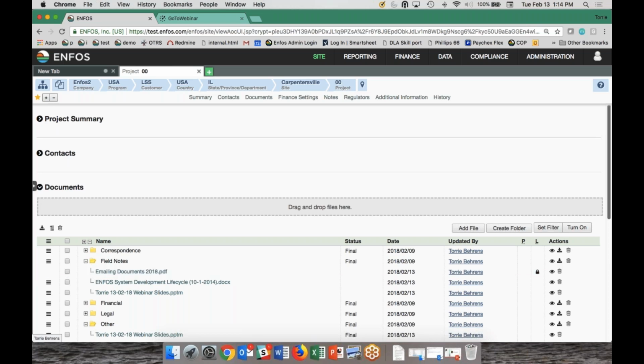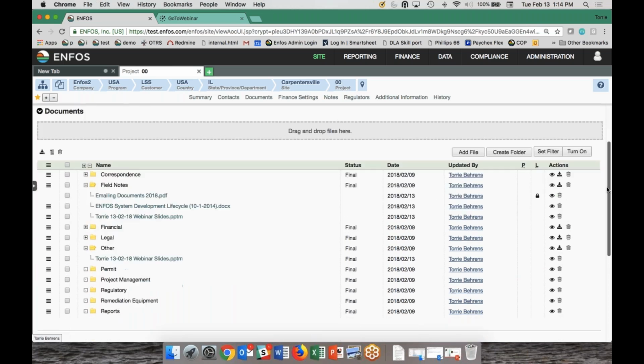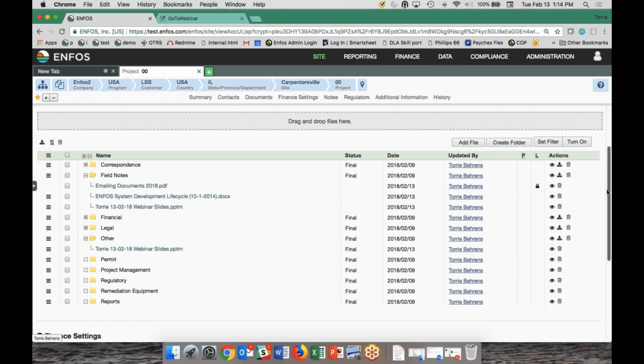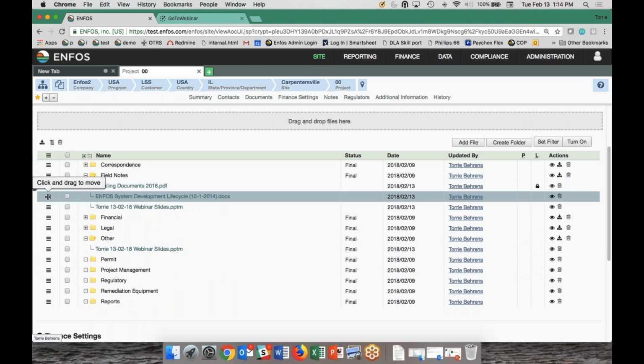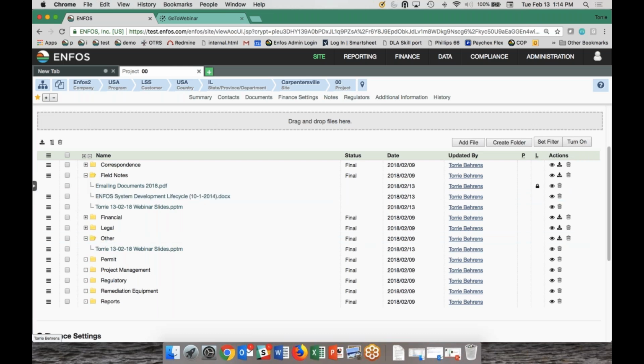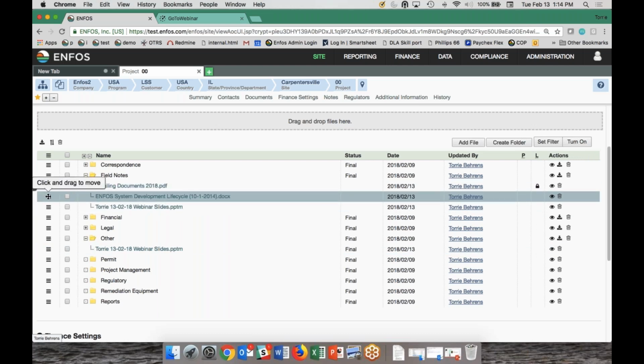All right, so on this page, we have some bulk action options. Based off of the user permissions and in the administrative settings, we have an option called document sort order. And if document sort order is set to manual, the documents are going to be loaded in a manual process. Other options could include by date or alphabetical. But if it's set to manual and if we wanted to reorder our documents, we're going to see the hamburger icon in the